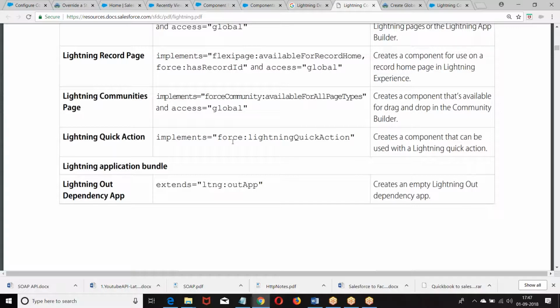If a component implements this interface, only those components can be used as global action components.